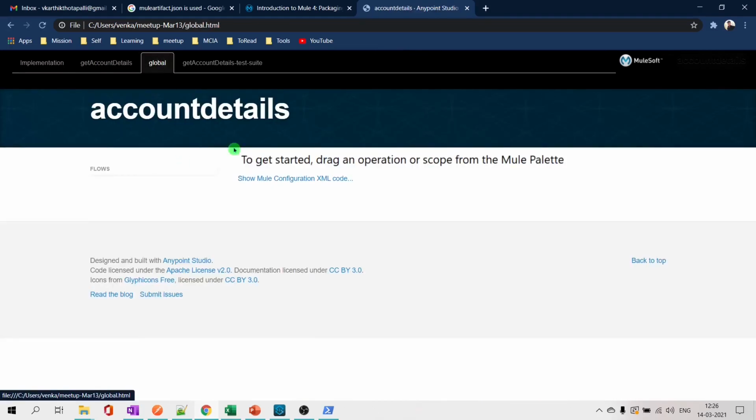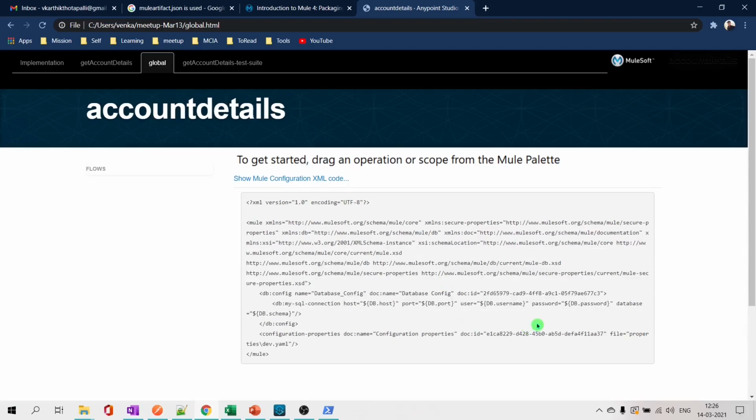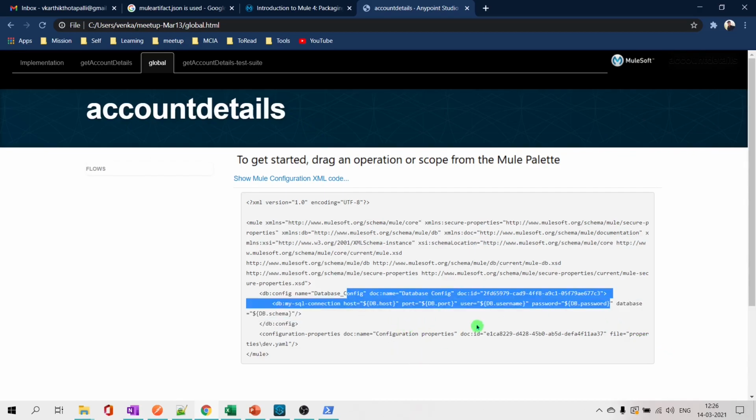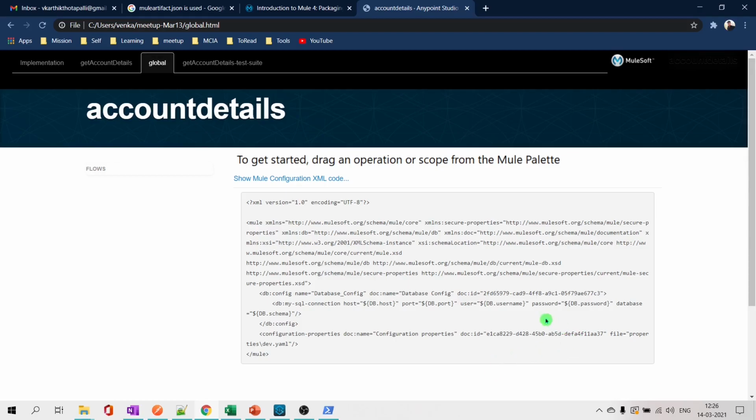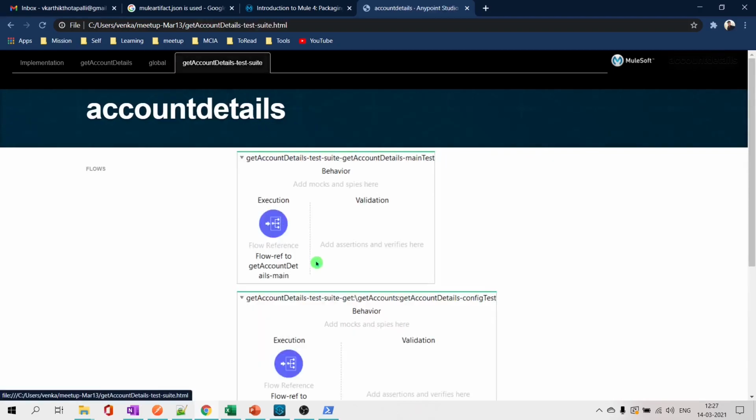And global configuration file. Here they will see how the connector configurations are represented. Observe, here we still don't have the actual values of the properties, right? They don't know the passwords, they don't know the username, anything. This will be useful in sharing across teams. You need to get a lot of permissions if you are sharing sensitive information. That's not good to do, not recommended. This helps in that scenario.